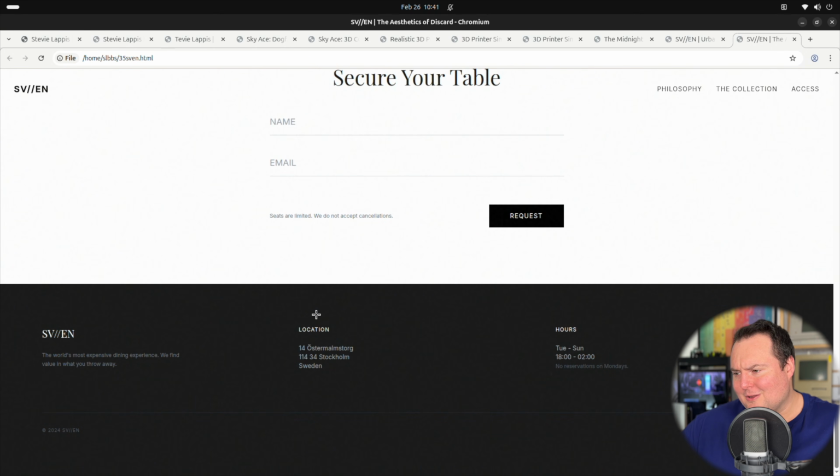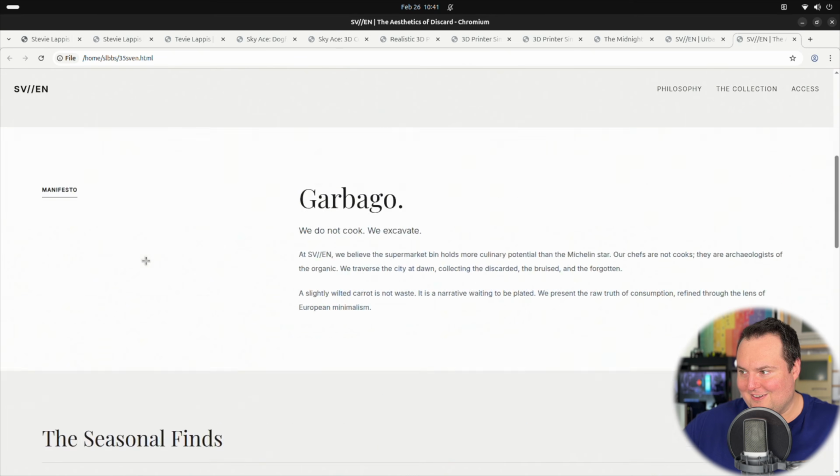Nice. And then this location that they've chosen to highlight here is the Sweden one and not the Tokyo one. Wow. No reservations on Mondays. Designed in Scandinavia. This was very interesting because they both took a very different take on this in terms of